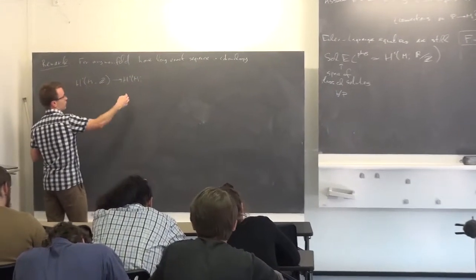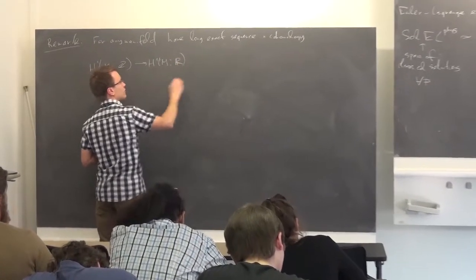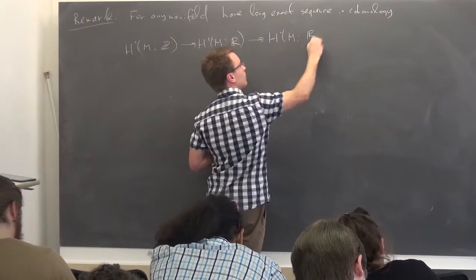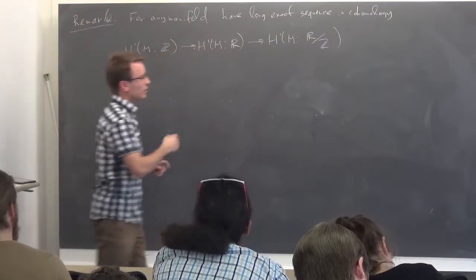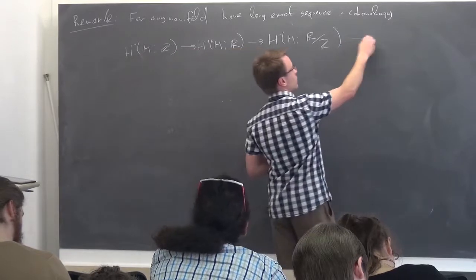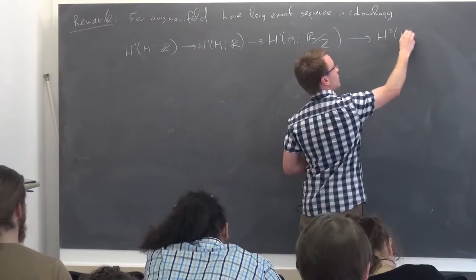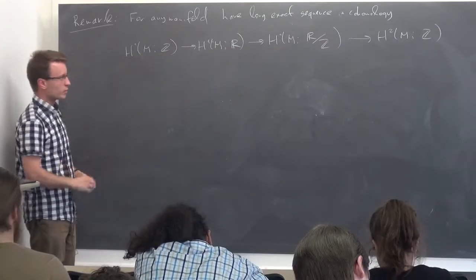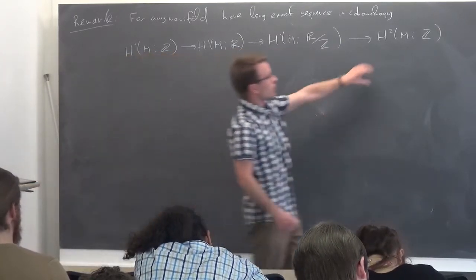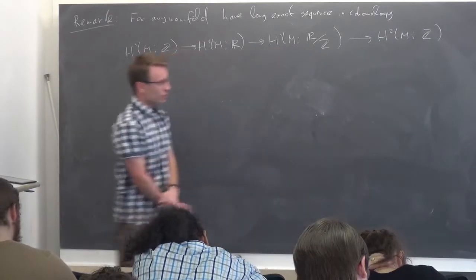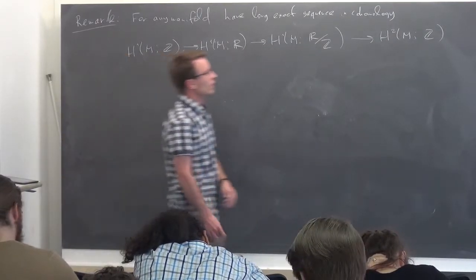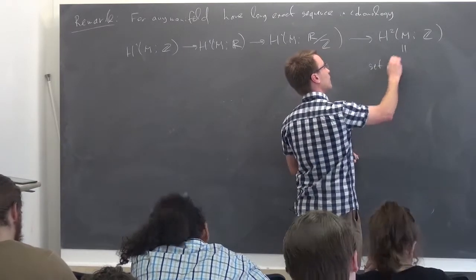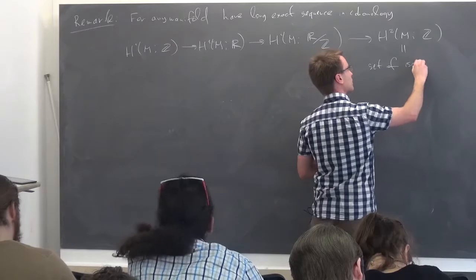You can embed it into H1 of M with real coefficients. You can project it to H1 of M with coefficients in R mod Z. And then the next term is H2 of M with integral coefficients. So you have this long exact sequence. And I mentioned last time that this second cohomology of M with integral coefficients, so this is a set, and this is a set of isomorphism classes